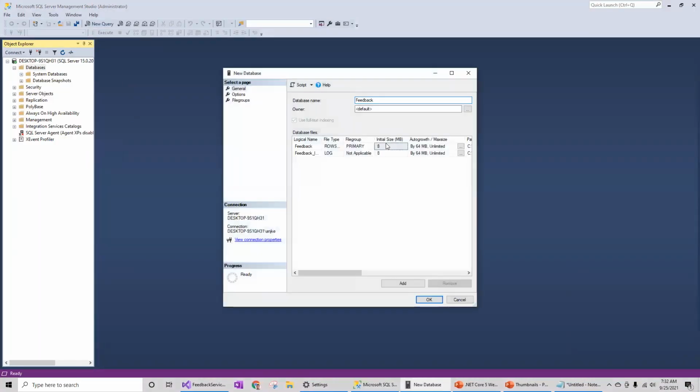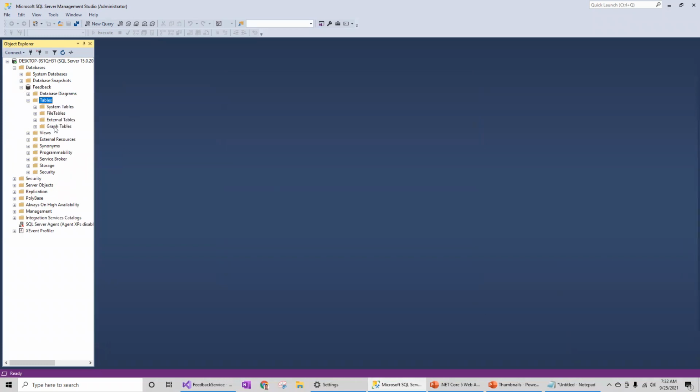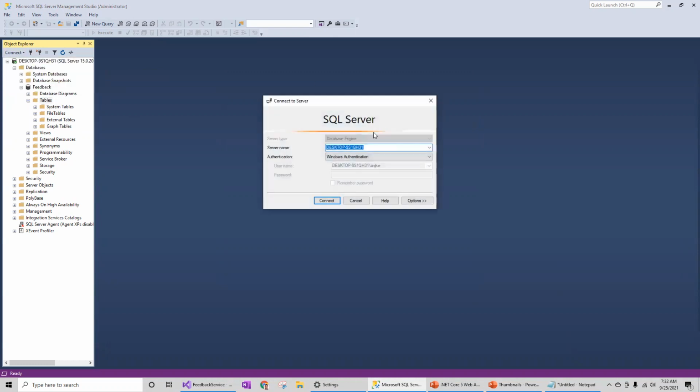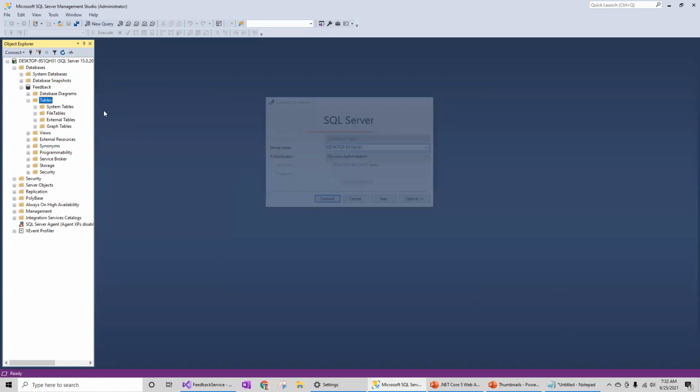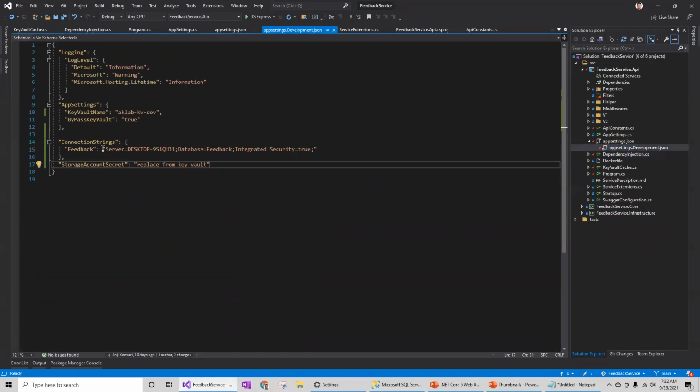I'm going to create a database called feedback so that I'll be able to make a connection to this database. This is my connection string that I have pasted here.